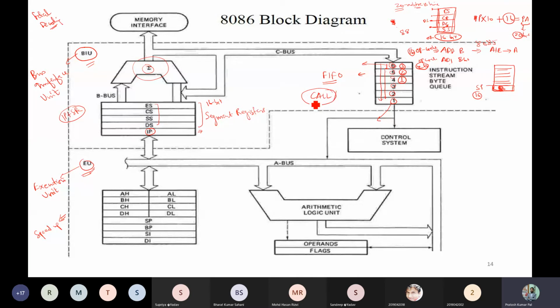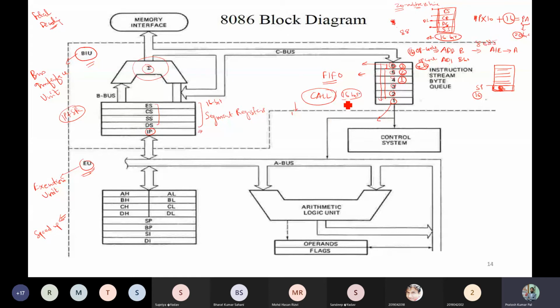And once it is going to this location, there will be a different set of instructions. So at that time, this queued data has to be wasted, because it was stored based on the location of the next instructions available. But if it is a call instruction, it will go to some other location for execution. So this queue will not be useful for instructions related to call. So there is some disadvantage of this queue.